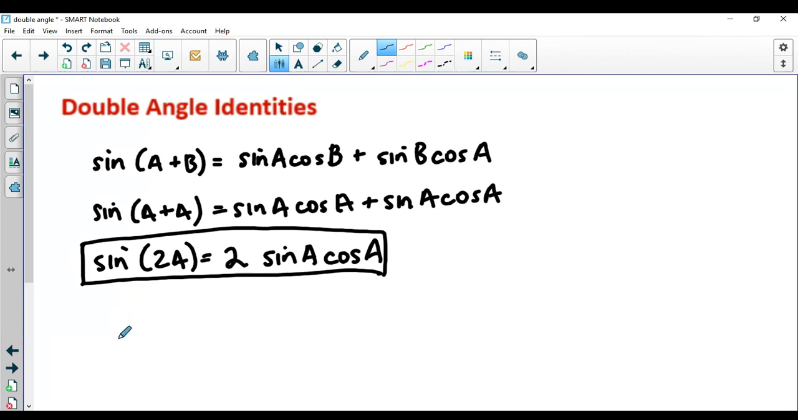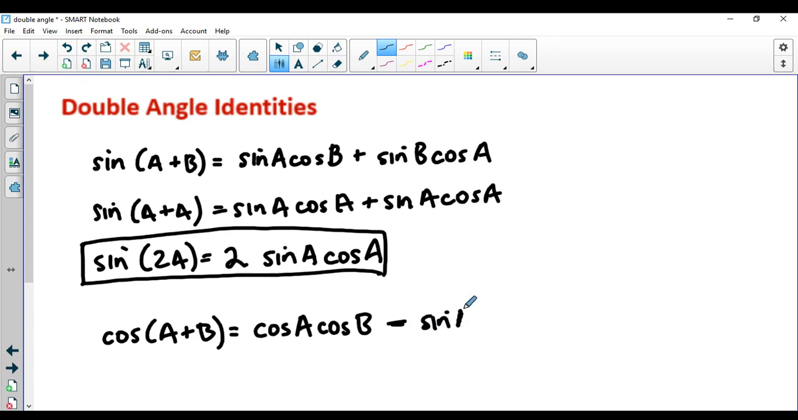And then the other sum was the cosine of A plus B. How do I remember this one? I remember that it's cosine of both first, then it's the opposite, and then it's the sine of both. That's the cosine identity. But again, if we're talking about an angle that can be cut in half,